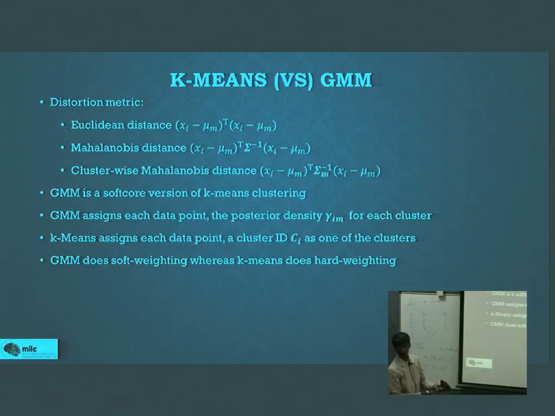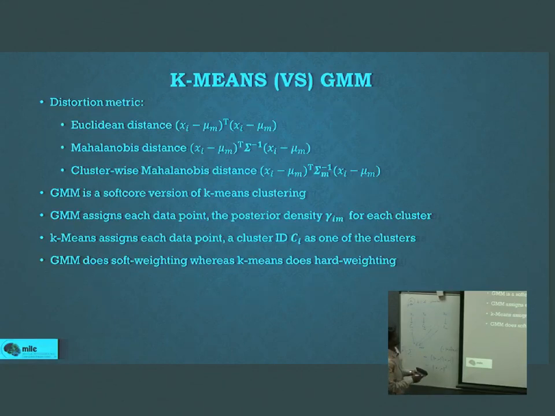Because here there is no covariance matrix and no posteriors involved. Here we are calculating only these C's, which means a point either belongs to 1 or 2 or 3 or 4, that's all. It doesn't say it belongs to 1 with some probability, or to 2 with some probability, nothing like that. It is a hard decision, but in GMM it's a soft decision. Soft decision is imposed by the posteriors, hard decision in k-means is imposed by these C values.